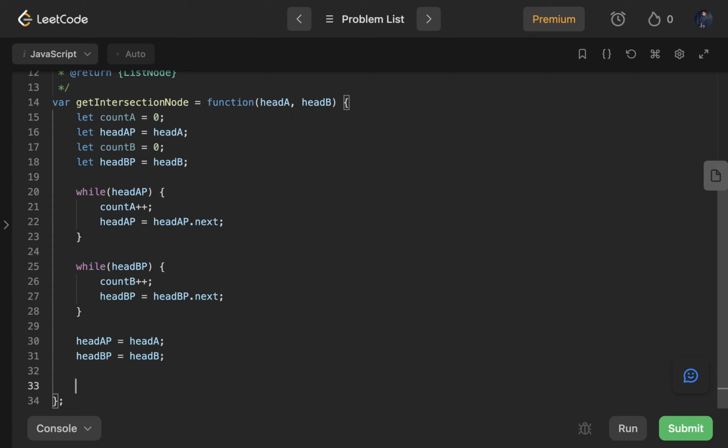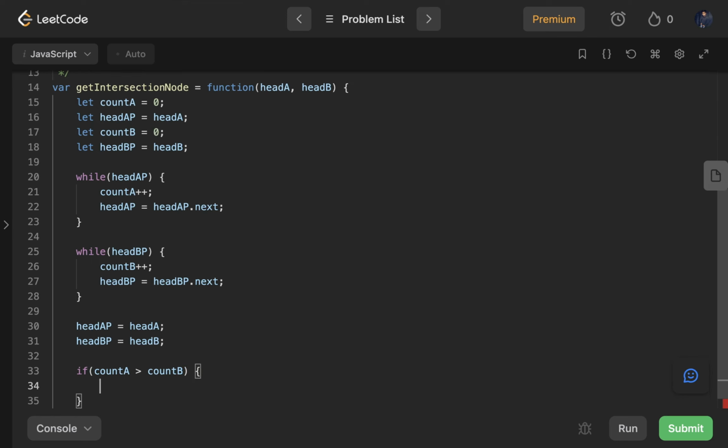Now let's check which one was bigger. So if count A is greater than count B, that means the first linked list was bigger than the second one. So in that case, first calculate the difference. So difference equals count A minus count B,